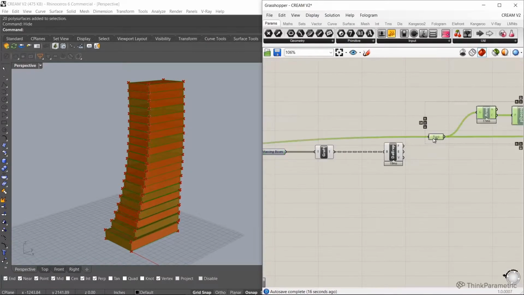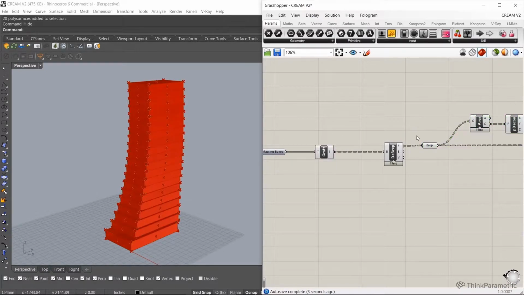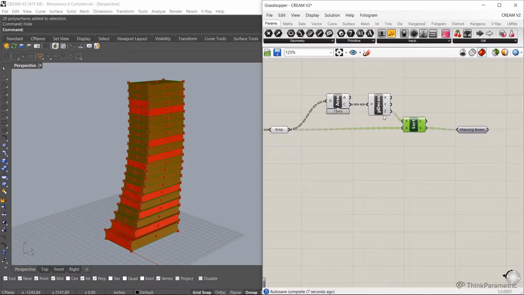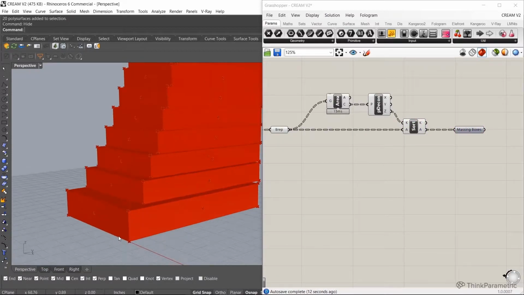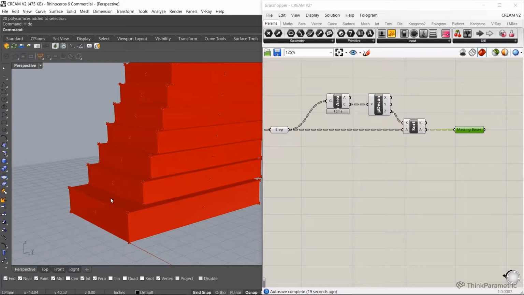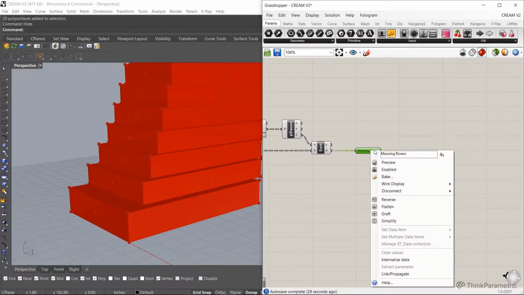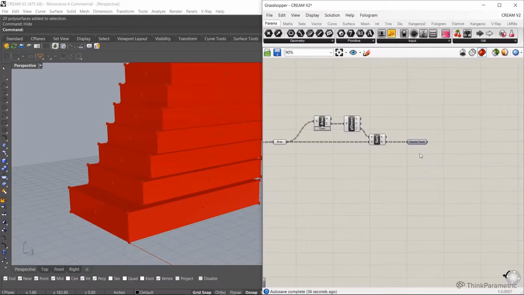Again, I'm going to use the same little snippet to make sure that as my boxes are exploded, I sort them by where they are located in the Z direction. That way I know the first face in my list is the bottom and the last item in this list is the top face. That way I can immediately start to deconstruct what is essentially floors and what is facade. So now I'm left with my facade faces.